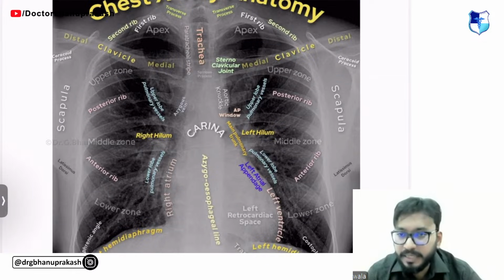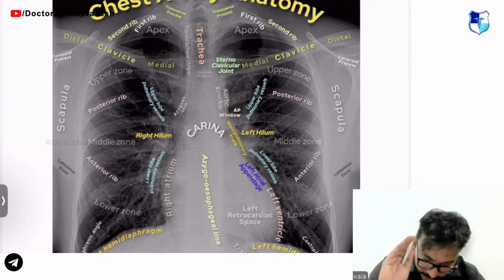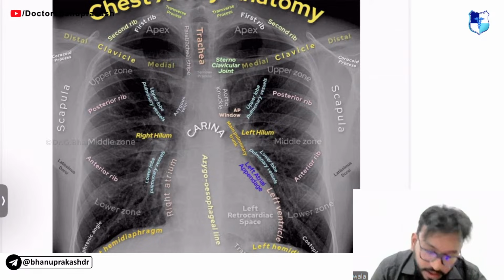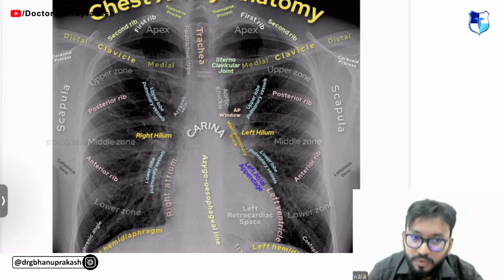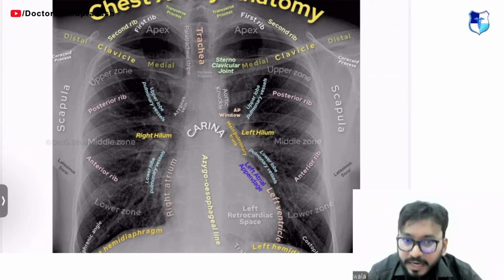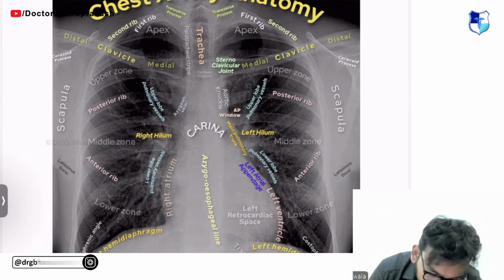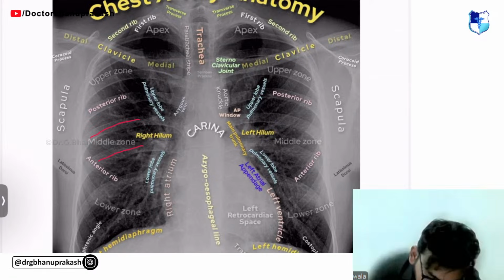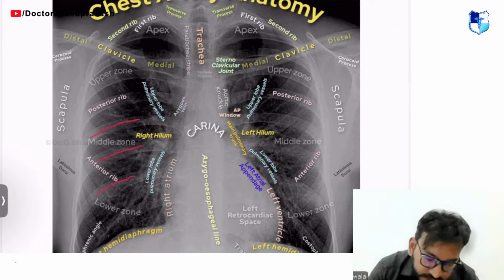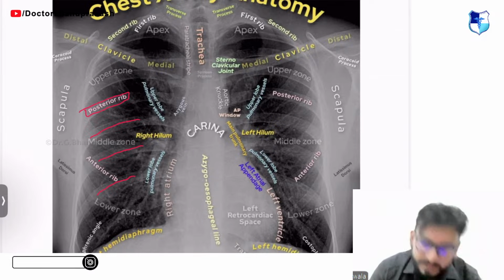This is the basic radiological anatomy that you need to know. Not everything. I'll highlight what you need to know, guys. The question that was asked is which of these ribs is posterior and which is anterior. Remember, guys, the ribs that are most obviously seen. Look at this, guys. These ribs are posterior ribs. Remember, these are your posterior ribs, guys.